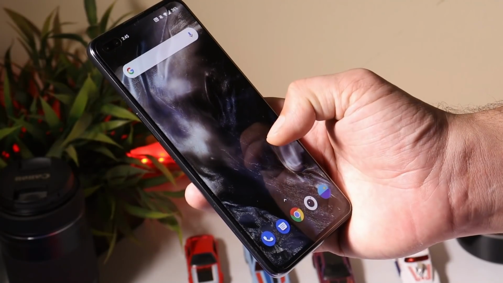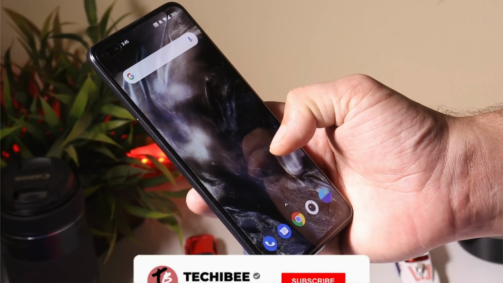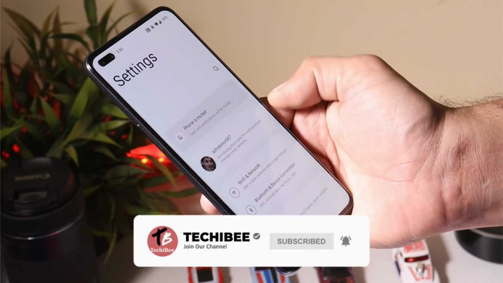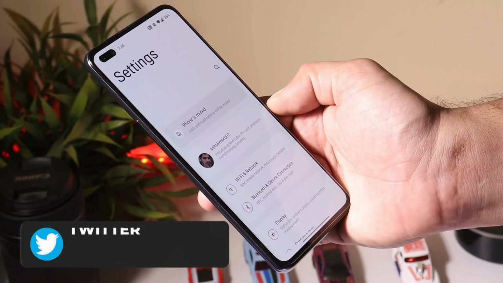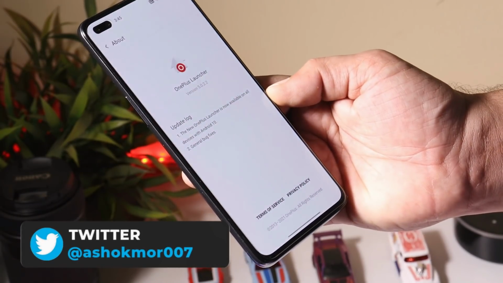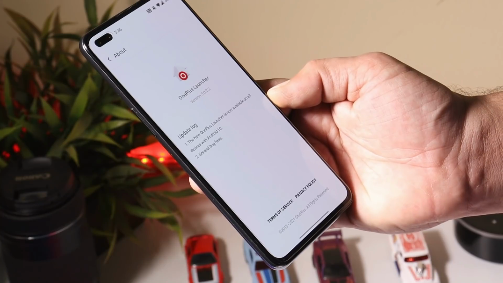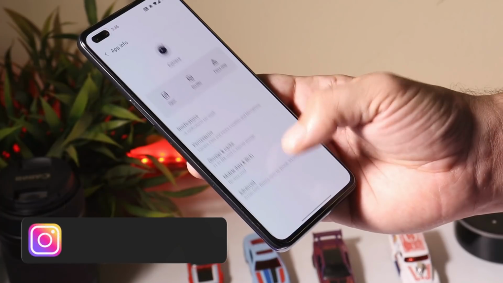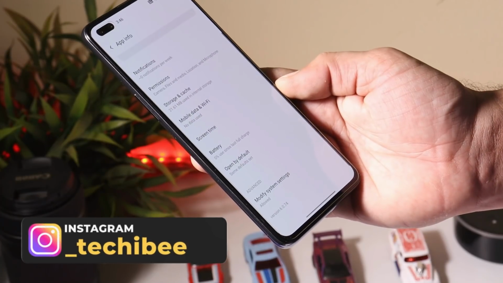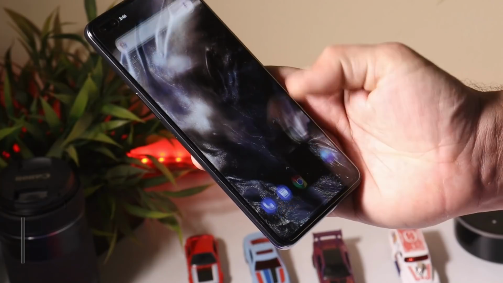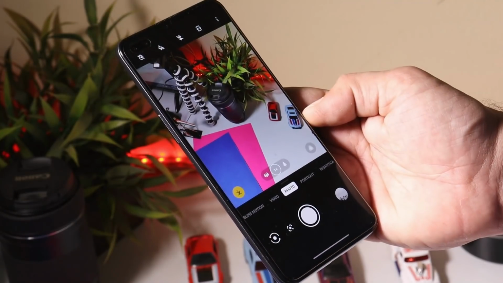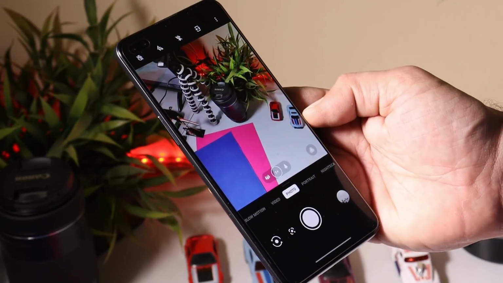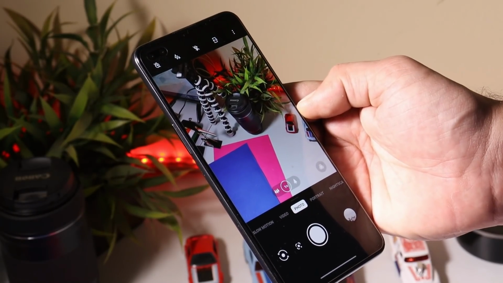So after a long wait, finally we have got Android 11 for OnePlus Nord and this is going to be the first look of it. I know most of you think it's a copy of One UI, but let's keep those things apart. After the update, your launcher version will be the same if you have updated using my previous video, which is version 5.0.2.2. But the camera version has been upgraded and is now version 6.0.74. Lots of UI changes have been done related to camera, performance, and battery, all these things I'll be covering in my review video. And hopefully you guys will get that review video by tomorrow morning.